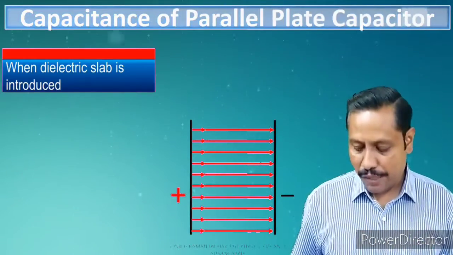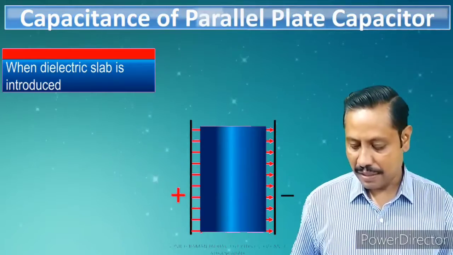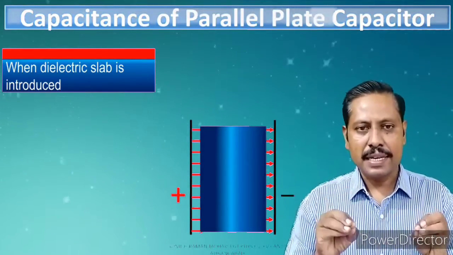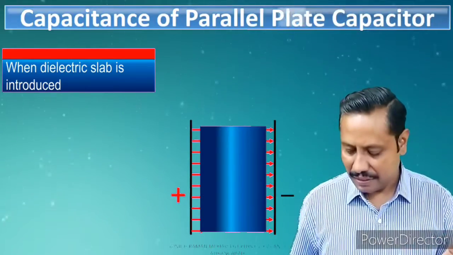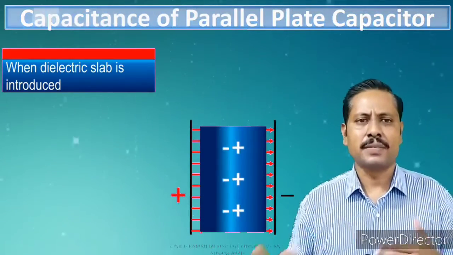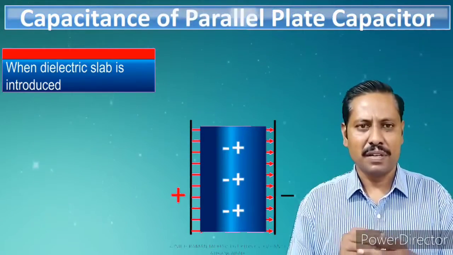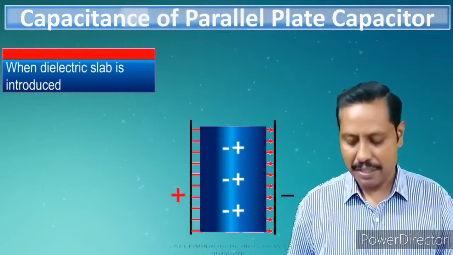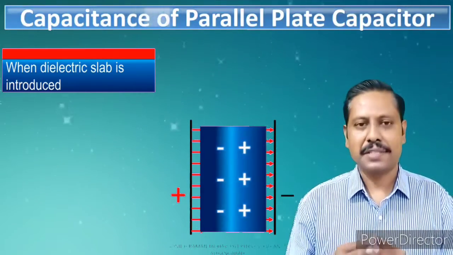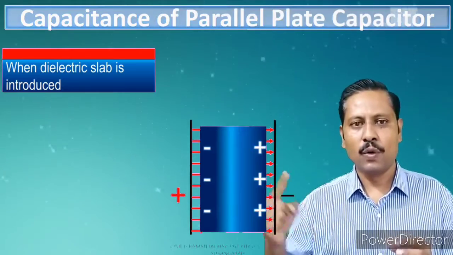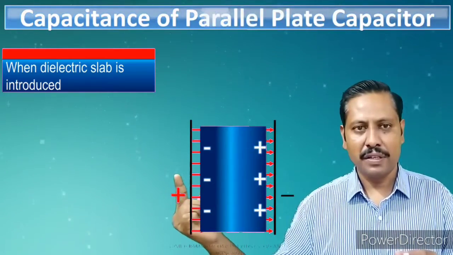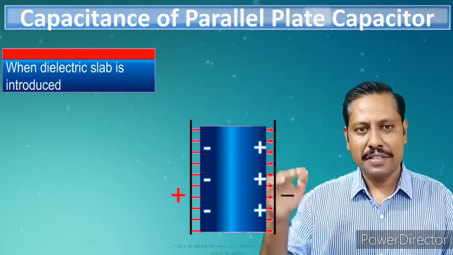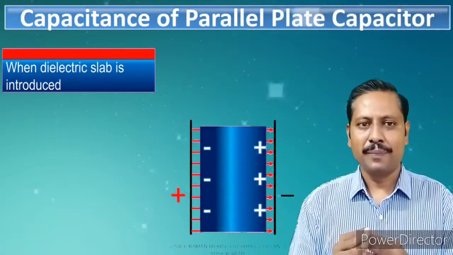Okay, now we are introducing a dielectric slab like this between these two plates. Okay, now this dielectric slab will have some charges. These charges are supposed like this, minus plus, such type of pairs. Now what will happen? Due to polarization effect, the charges will shift like this. Negative will go toward that side, toward the positive of the external field, and the positive charge will be shifted toward this side because of the attraction from this negative side, or say repulsion from that positive side.